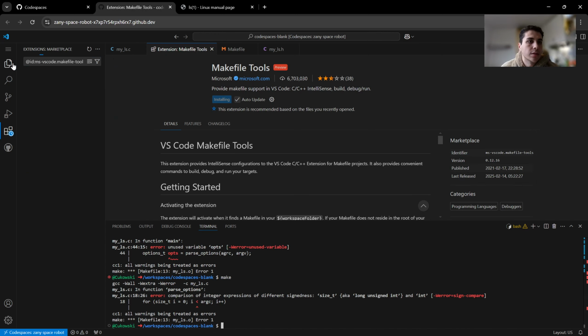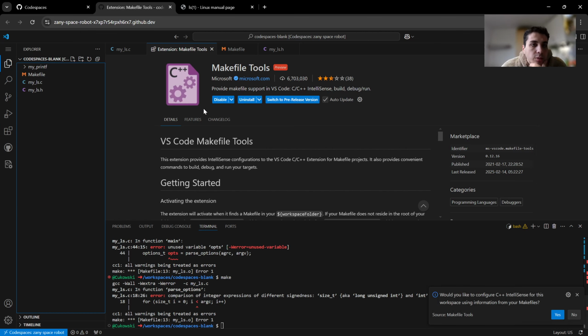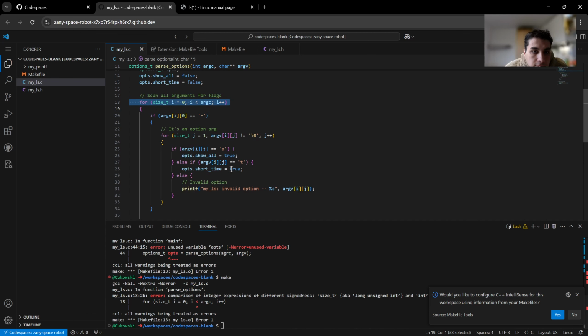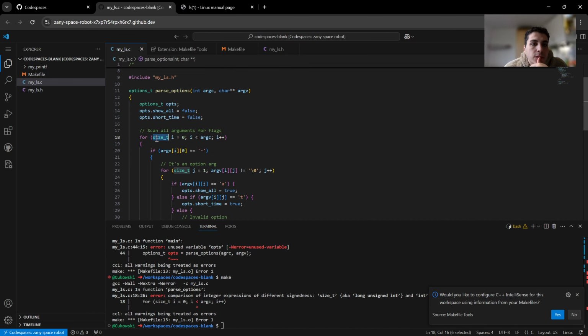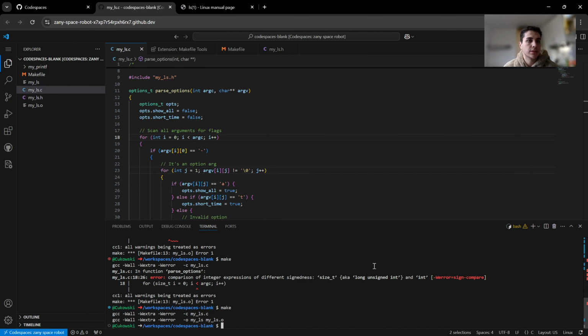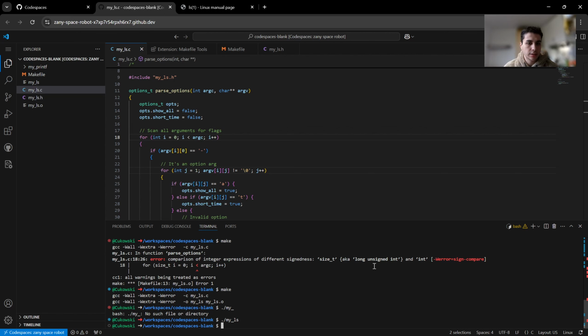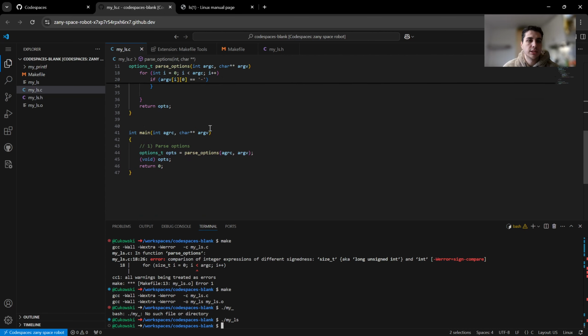Okay, what's the problem in line 18? Okay, we can just change this to int. It will not matter. Yes, and if I say my_ls, we see nothing,